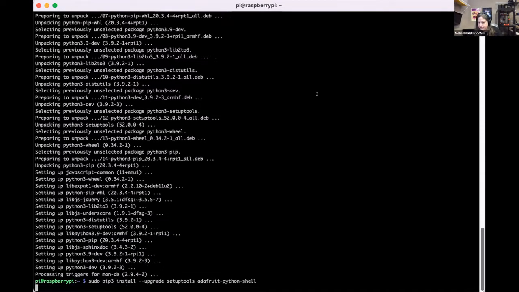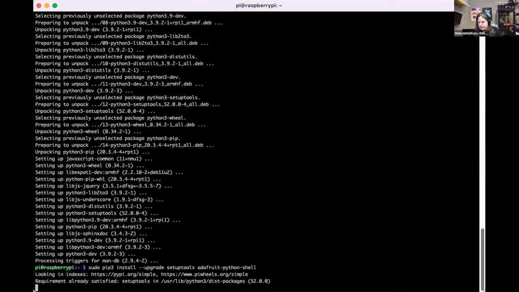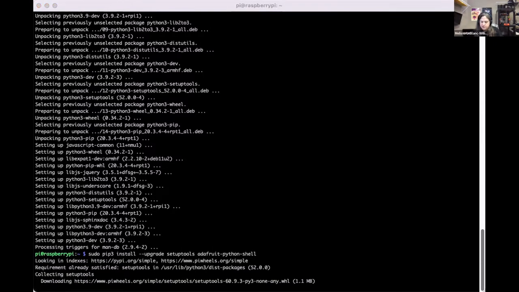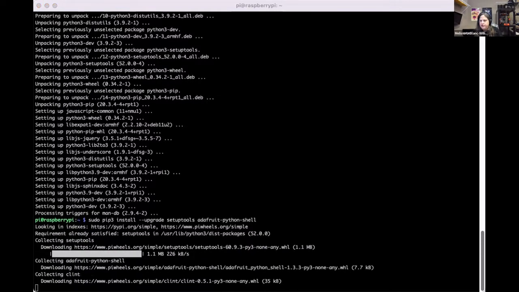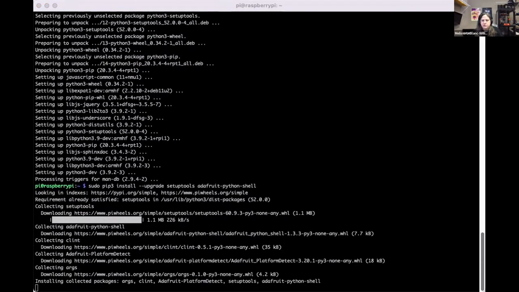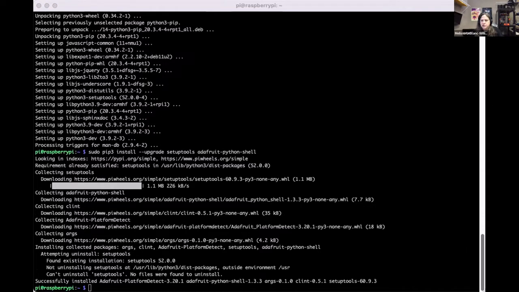These are setuptools, which we'll upgrade, as well as a library that I had written called Python Shell, which allows easy conversion of a lot of the shell scripts over to using Python, and allows them to be a lot more maintainable.